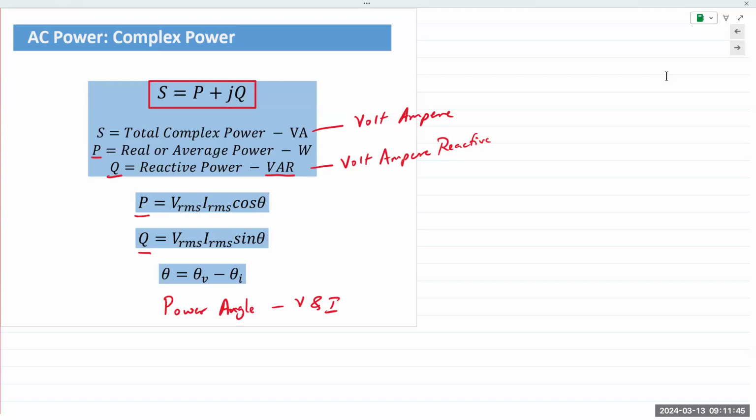The utility company has to send high voltage and high currents associated with the real power as well as the reactive power. And so the equations associated with this reactive power, again, described using the complex numbers, show that reactive power Q